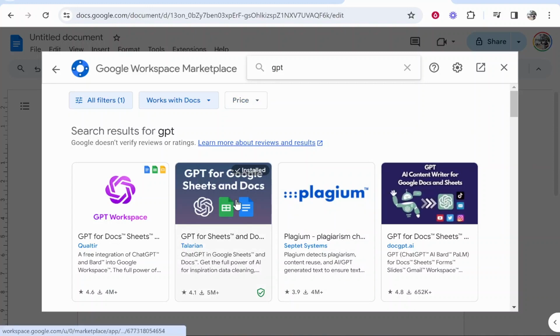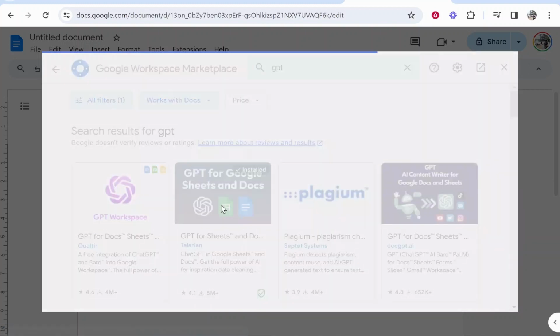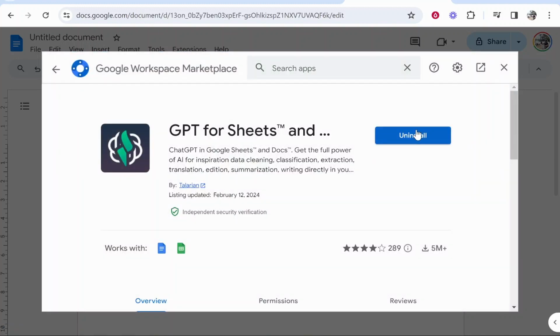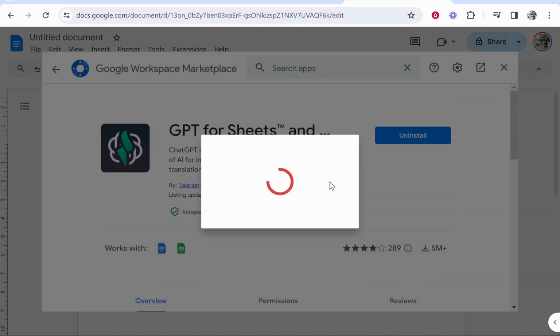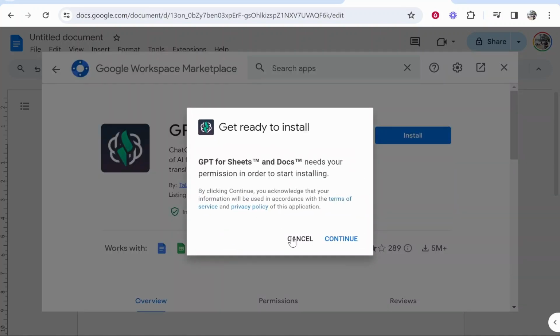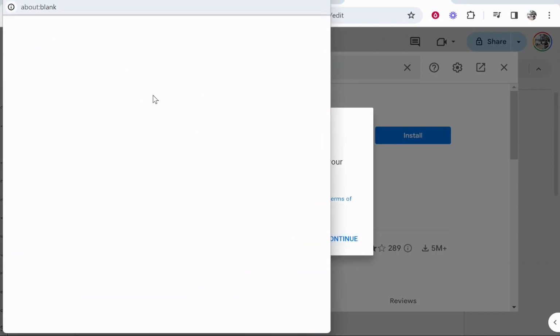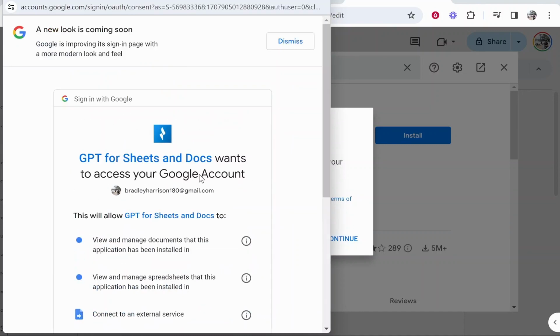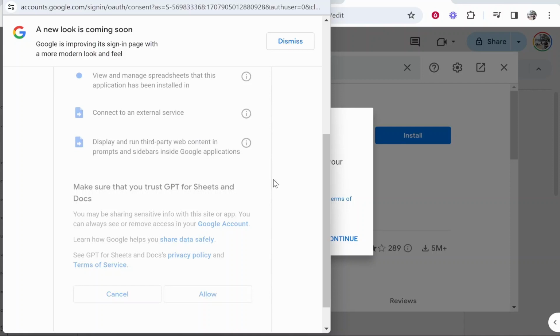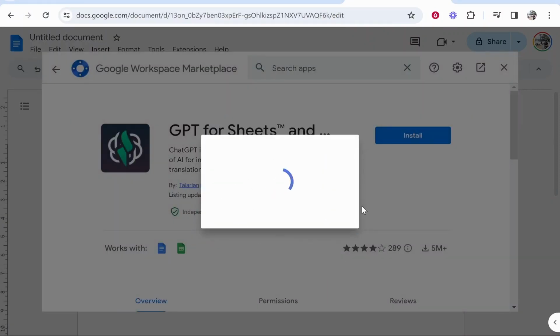Or I've already got installed this one here, GPT for Sheets. So click on this one, then click install, and you'll then have it installed into Google Docs and Google Sheets. For the sake of the video, I'll uninstall it and install it again just so I can show you. Right, so you will click install and then agree to any terms and conditions and then install it to your Gmail account. So I'm going to click this email, click continue and allow any of these permissions. Okay, so now we've done that, we'll then install it and it should take us back to Google Docs.